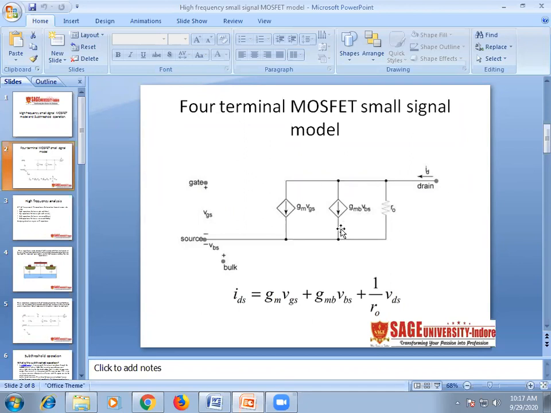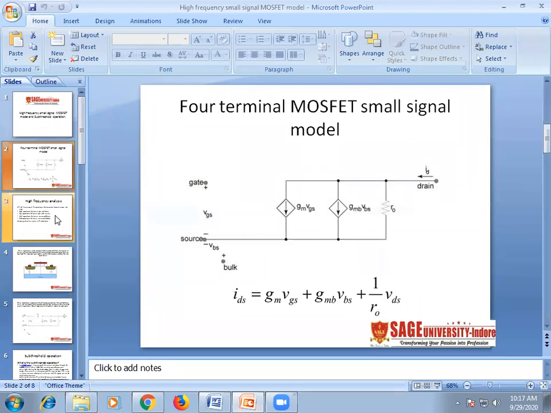So this is the small signal four terminal MOSFET model. Now if we talk about high frequencies, at high frequencies the capacitance comes into play. At the time of fabrication, we are not intentionally making any capacitors. But at higher frequencies, some capacitances, these are parasitic because we haven't fabricated them, but at high frequency these come into play, and these capacitance parameters play a major role, and the device behavior is controlled by